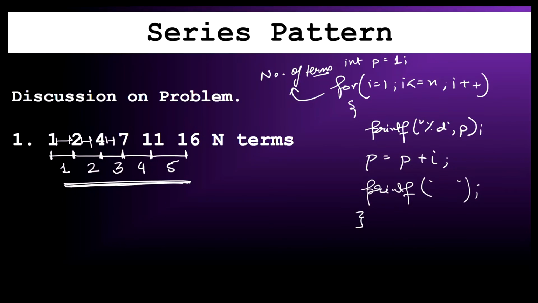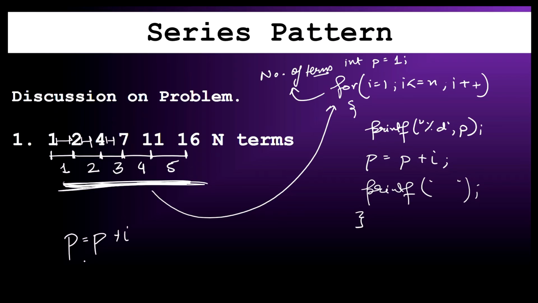So you have an obvious question: why only 1, meaning why am I adding I with the P? See here, if you count the difference, that is 1, 2, 3, 4, 5 like this. Who is counting this 1, 2, 3, 4, 5? Or the 5th term, 4th term, I is counting, right? So if I add the value of I to P, it will increase accordingly, that is P equal to